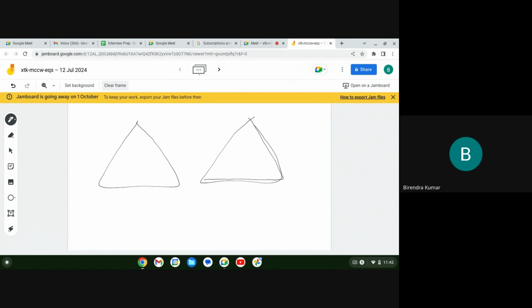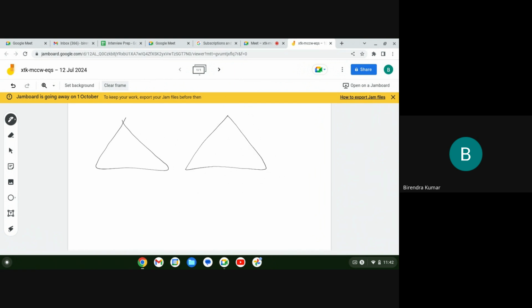So mathematicians have said that when it comes to congruence for triangles, there are four theorems. Do you know what those are? Have you heard of them? Theorems for congruence of triangles. I'm sure you would have heard about it. Let me help you recall. One is called SSS. Second one is called ASA. Third one is called SAS. And the fourth one is